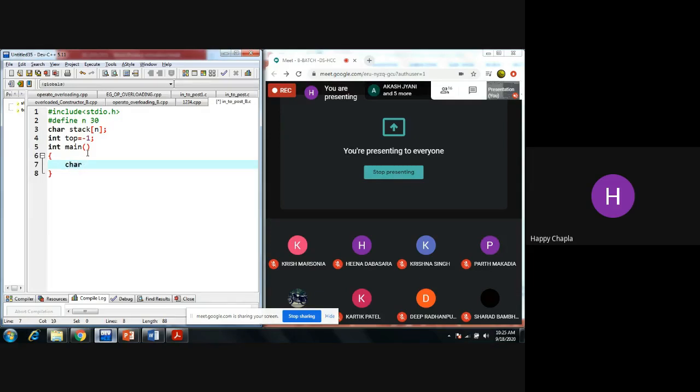So character infix array of size n, or you can say 30 or 20, whatever you need. One array that is postfix of 20. Okay. Now enter, enter.